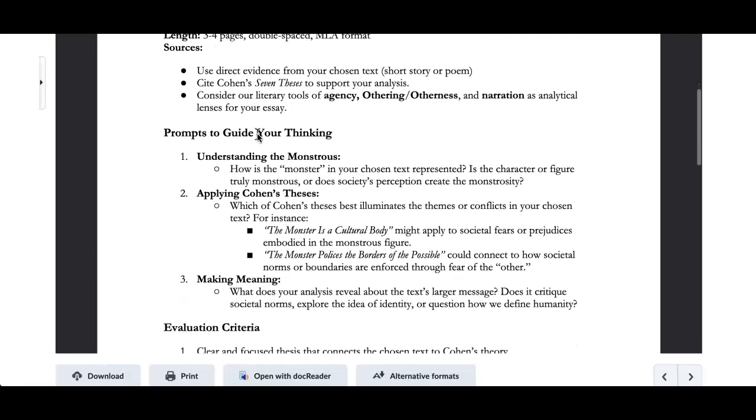And the only sources that you will need: you may reference his thesis, and we will reference the essay text, as though I said you can simply use my interpretive version through it for this case, but you will use direct evidence, most importantly to your work, from your chosen short story or poem. So effectively two sources, right? A literary piece and a supporting academic theory piece.